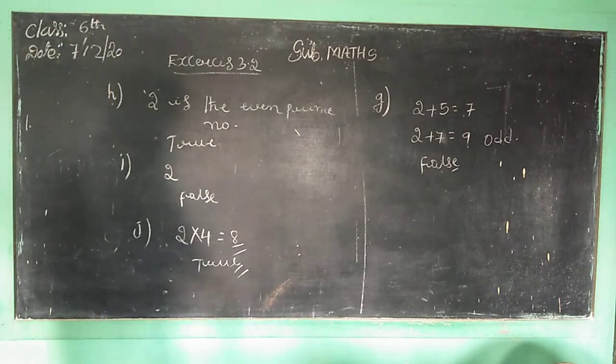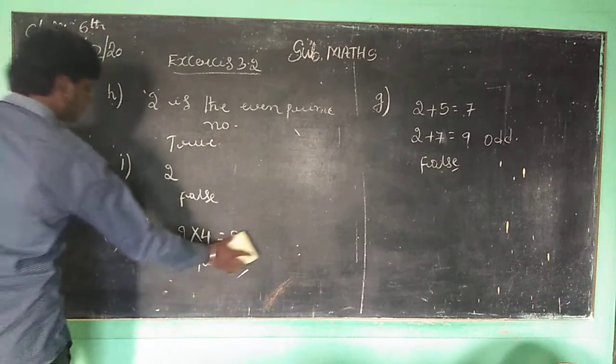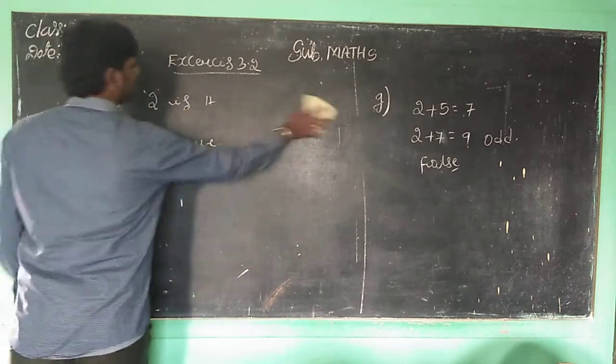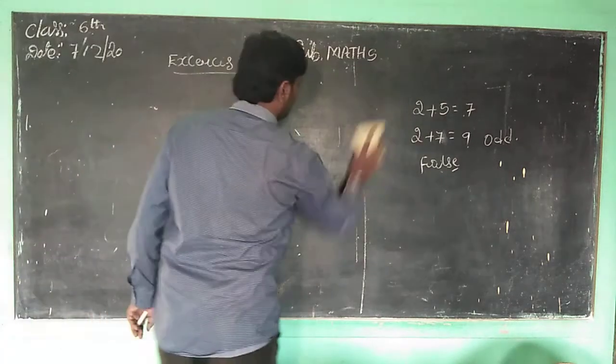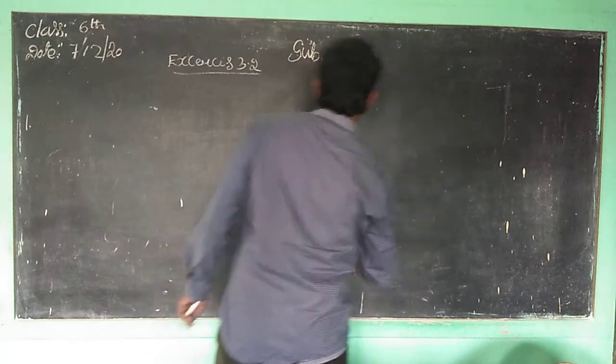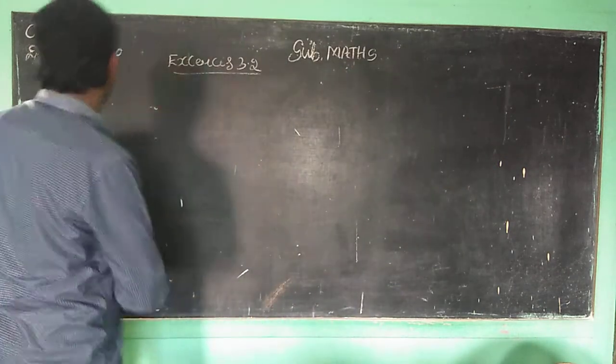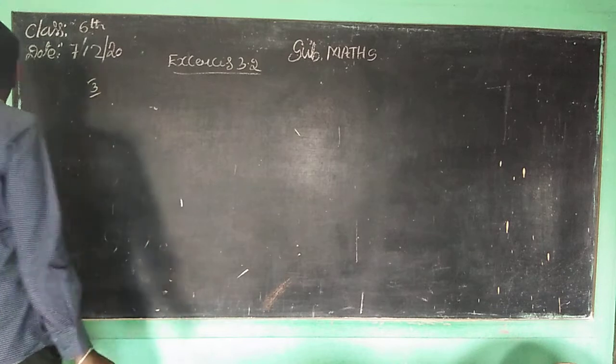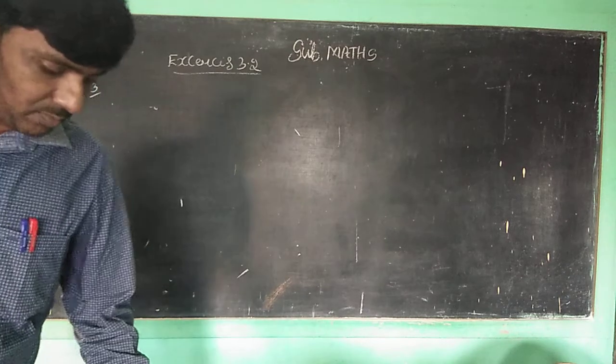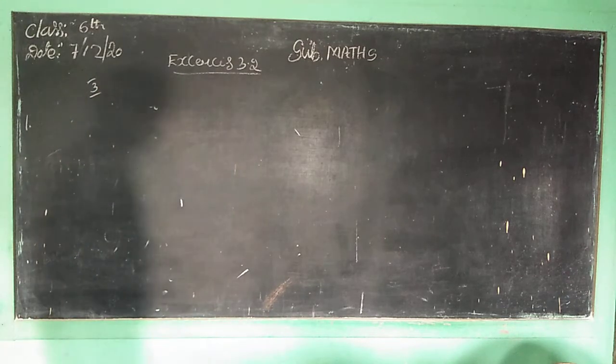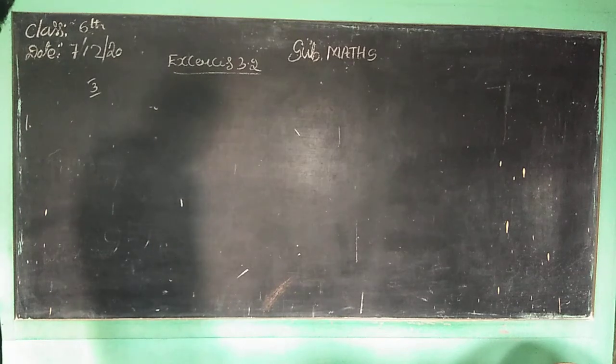The numbers 13 and 31 are prime numbers. Both these numbers have the same digits 1 and 3. Find such numbers. Carefully observe, children. Third one. What is the question? The numbers 13 and 31 are prime numbers. Both these numbers have the same digits 1 and 3. Find such prime numbers.